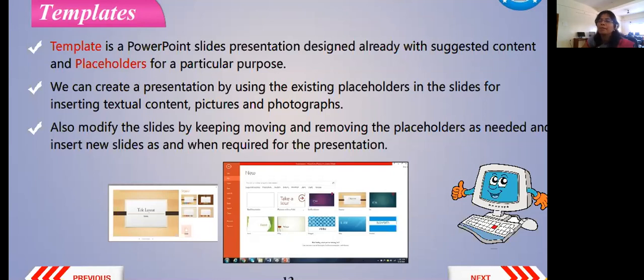If you want to put a picture there, they have given one option about inserting a picture. Click on that, a picture menu dialog box will come and you have to take it from there.